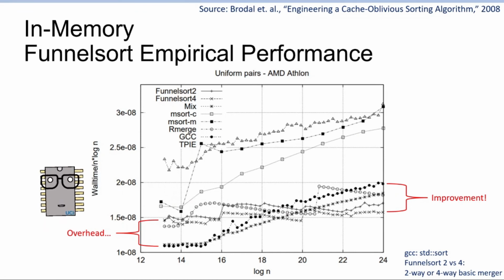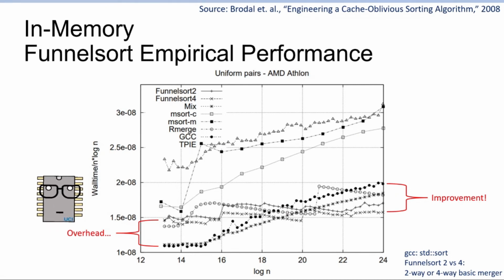Because unless getting to the bottom of everything is your goal and you work on algorithms, then absolutely you should. But when we're building systems, there are oftentimes a good trade-off between performance and complexity. Right. So if you look at the performance of funnel sort, the cache oblivious sort algorithm, compared to everything else,